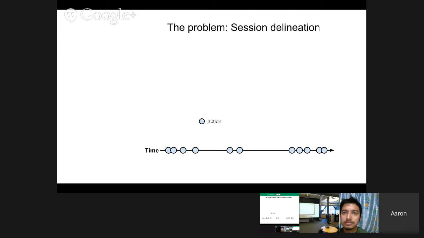So the problem that we were looking at is session delineation. Let's say I have this timeline, and on this timeline for this user, they've performed a set of actions. What I'd like to be able to do is cluster those actions into sessions. Straightforward enough, right? A common strategy for doing this is to measure the time between actions and set some